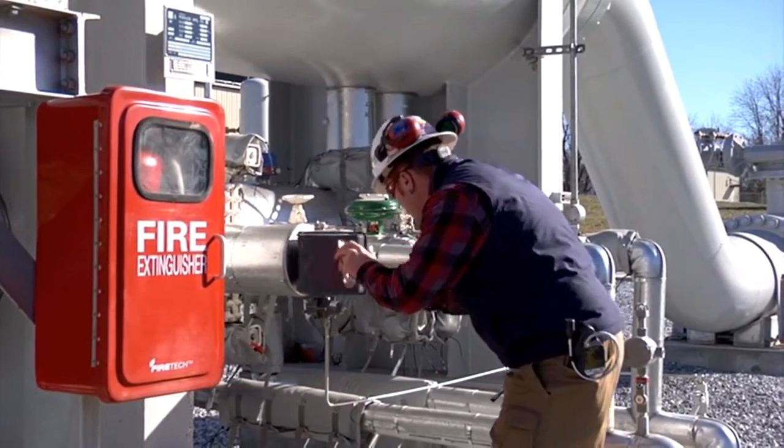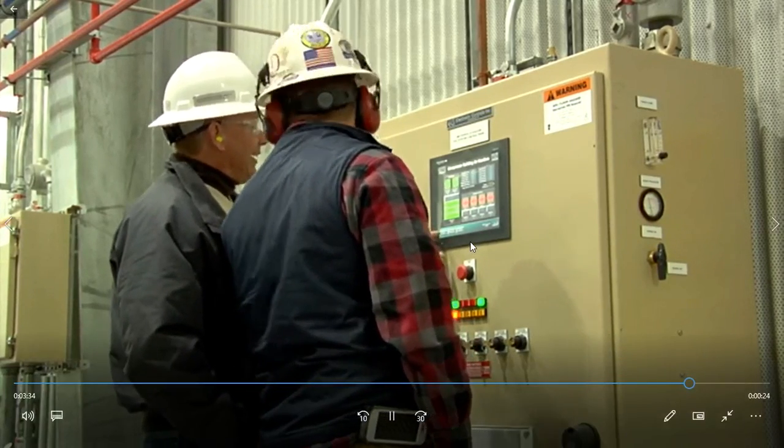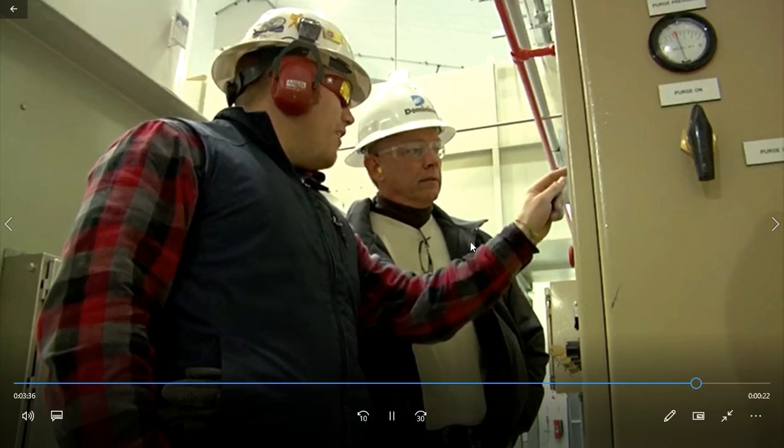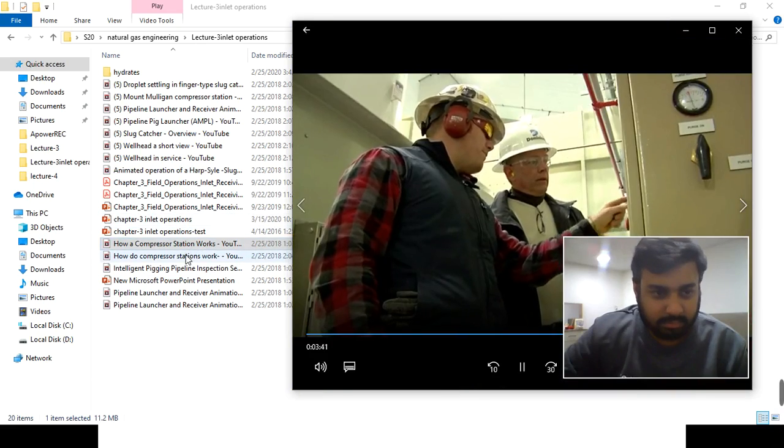The operation of a compressor station is really contingent upon the customer requirements at any given time. Typically in the winter, there's a lot of natural gas required for the heating load. So the natural gas compressor stations operate fairly frequently during the winter operations. During the summer, now